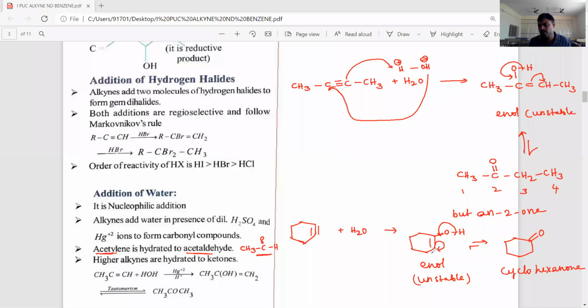So in forming these two products, one intermediate step is the enol. That enol is unstable and undergoes rearrangement by the shifting of a proton from the OH group to the adjacent sp2 carbon and produces the more stable ketone product. That is why it is called keto-enol tautomerism. Understood, ma? Yes.